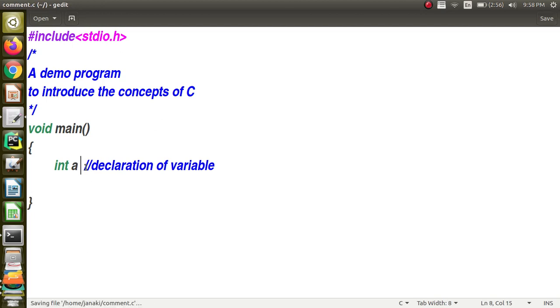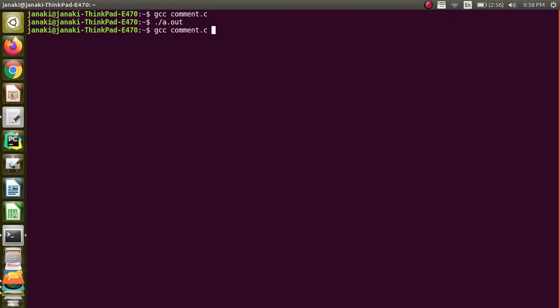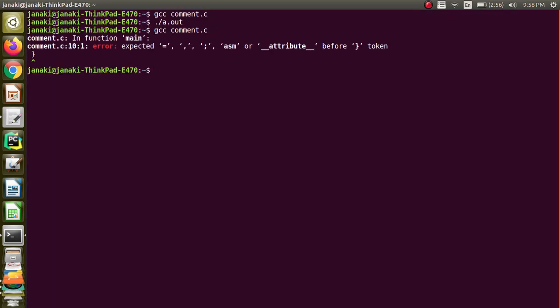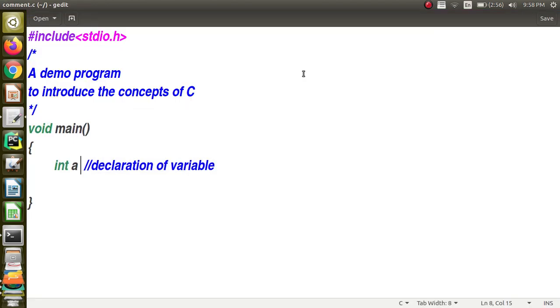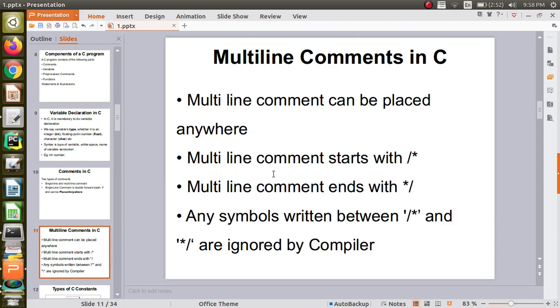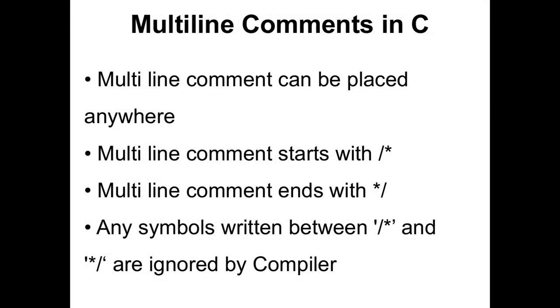For example, if I remove the semicolon, you will get an error when I try to compile it. You are seeing that something is expected, either a semicolon or an equal to, that is what it is saying. So I am adding the semicolon back, right. So this is about comments.